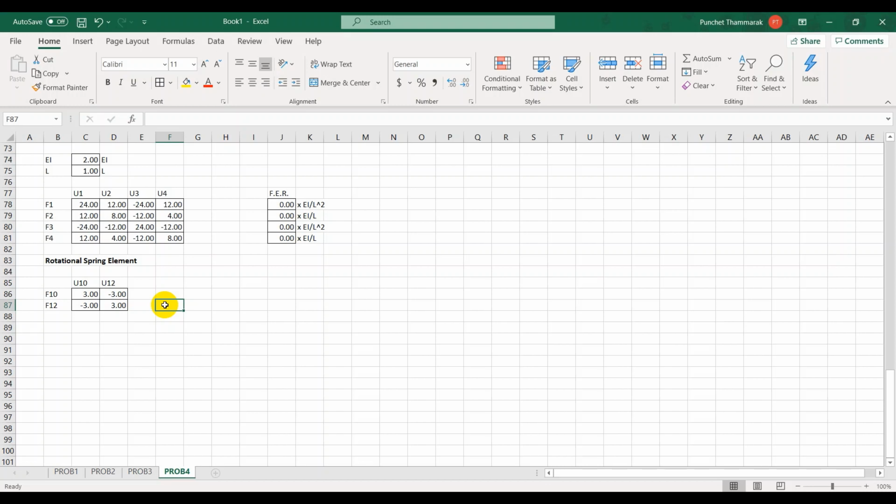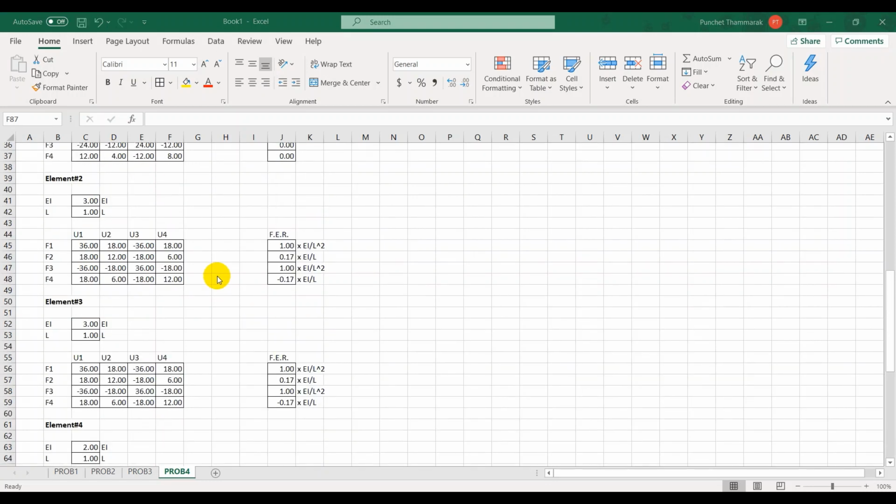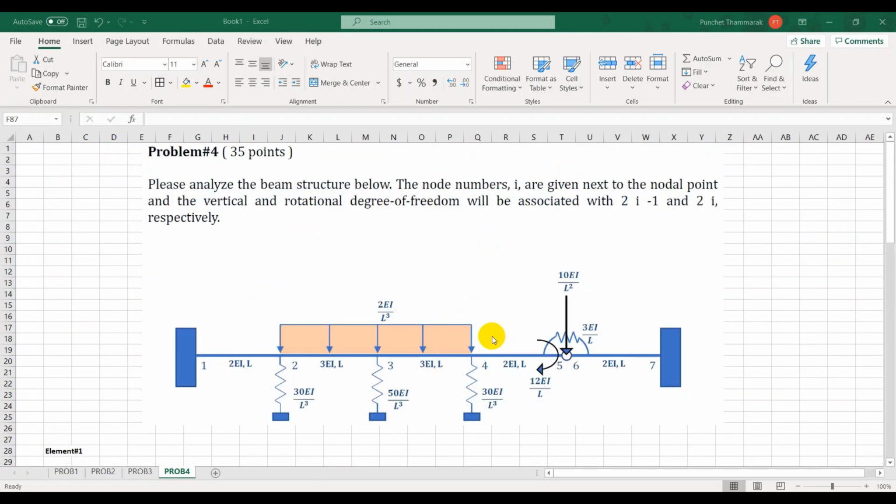And if you apply the rotation to the positive direction, which is counterclockwise, what else do we need? Aside from these, I think it's gonna be 3 spring supports, so that's gonna be added in to our global